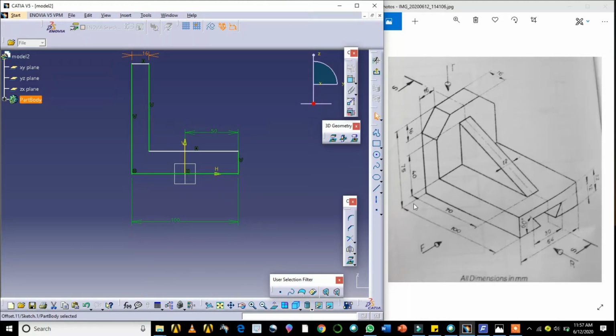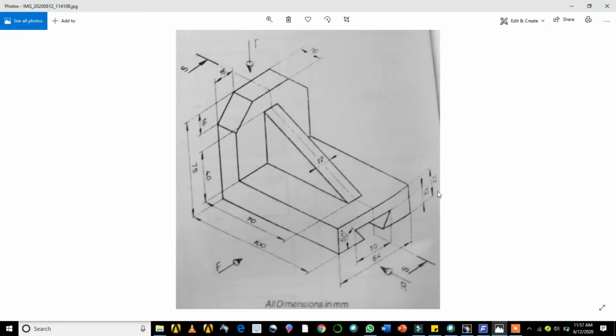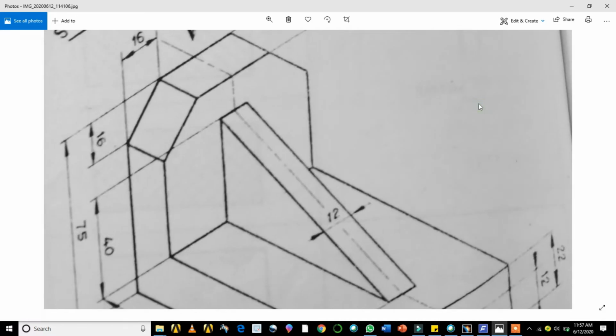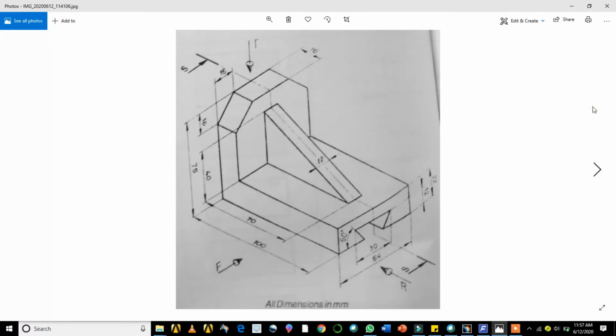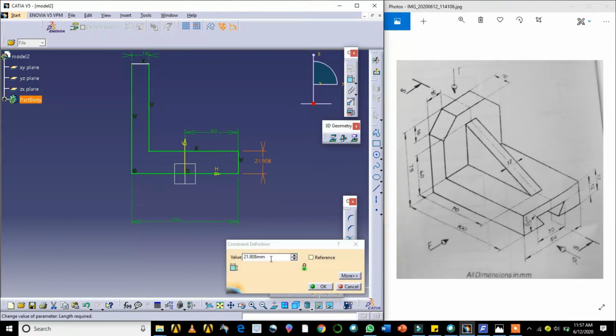See the 22 here. This is 22. So nothing more, this is 22 mm.